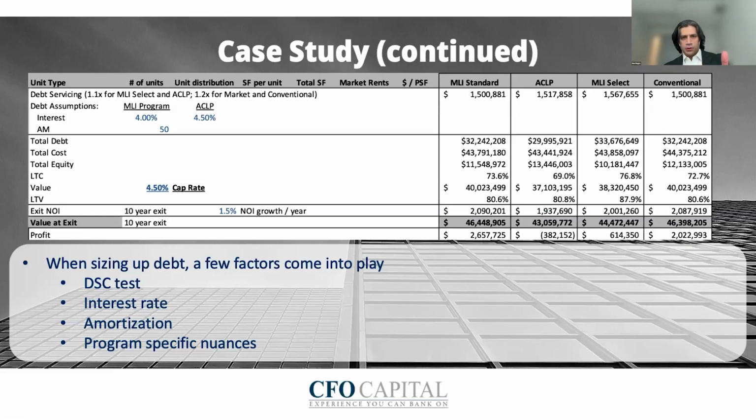You come down to the total debt number, and you're seeing a slight difference in, call it a $2.5 million debt difference between most of these programs. Bear in mind that the cost of this debt, come to that on the next slide, the cost of this debt also affects the total budget, and the LTC is right there.